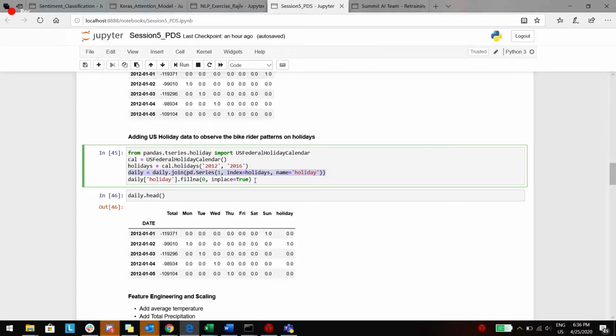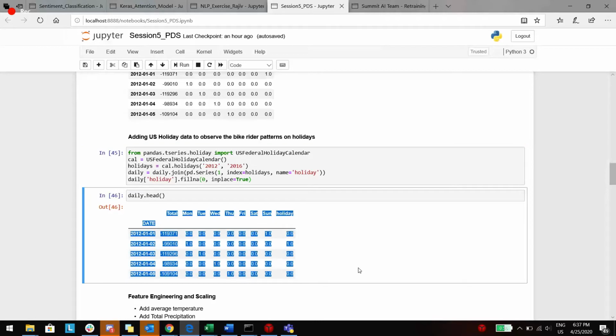That is like a null value, you can consider that. And wherever it is null, we are doing fillna. If it is NA, then we are filling it with 0, and inplace=True means it will do it on the same data frame, which is daily. Okay, so after this operation, our data set looks like this.